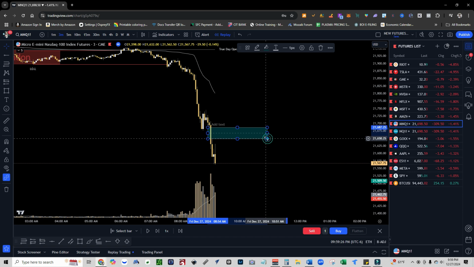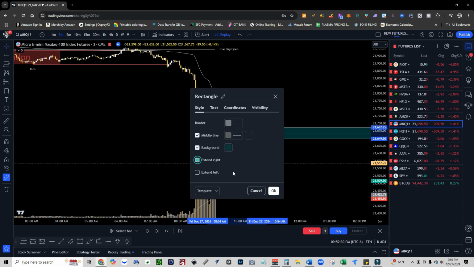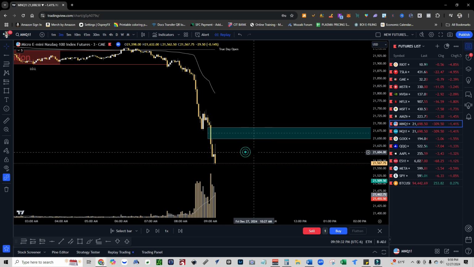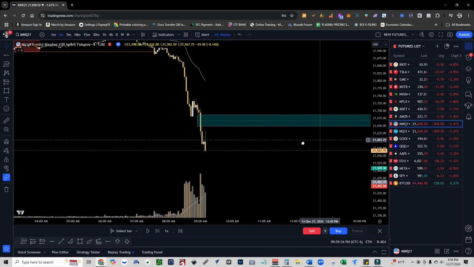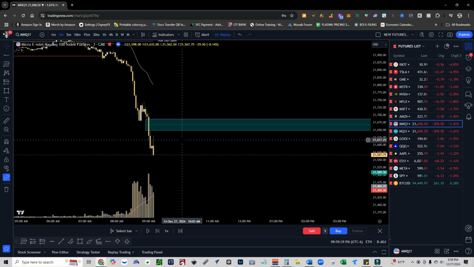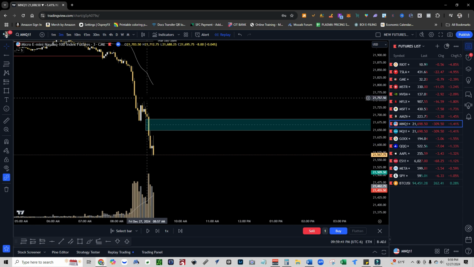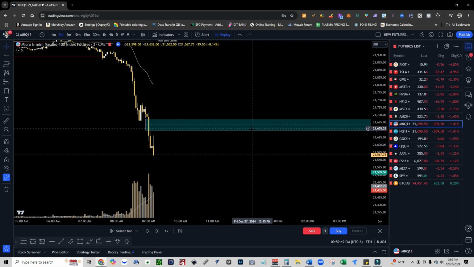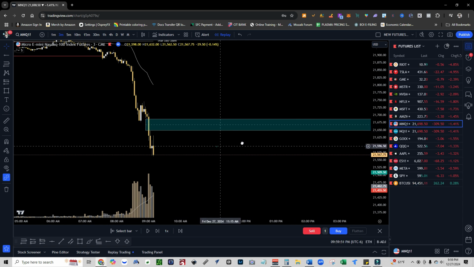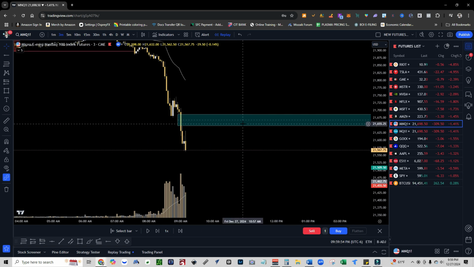And this is what I was talking about with this tool right here. If you go to settings, you can go extend to the right, and you see that it basically maps it out all the way to the right. So like I said, if you're looking for a move, or if you're trying to be patient and nothing's setting up like up here, and you know, over time I know these moves tend to come back and test these fair value gaps that are left open, definitely have that extension on, so you sit back and watch and see if price comes back into your zone up in here.